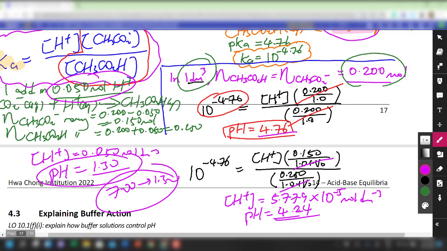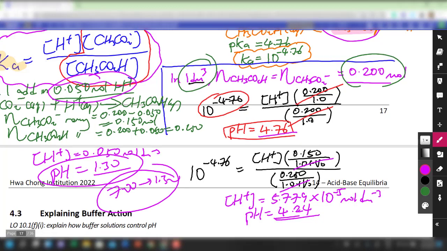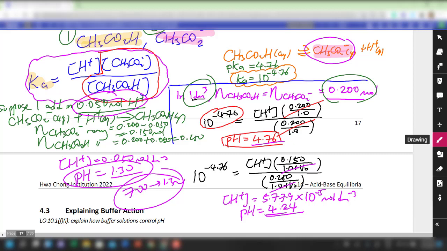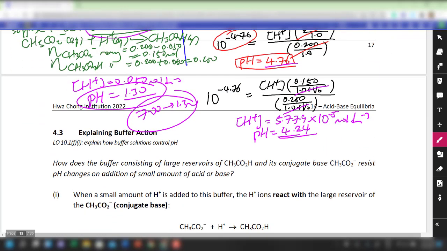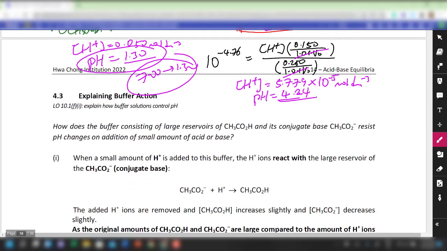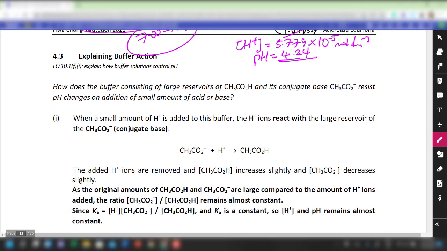So I hope this little explanation provides you with a glimpse of how a buffer works. Although you might not be very clear at this stage, because I guess there are still quite a number of unanswered questions, I think it doesn't really matter because you can always review them again along the way. Okay, so I think I have jumpstarted this, but maybe we can go through this portion of